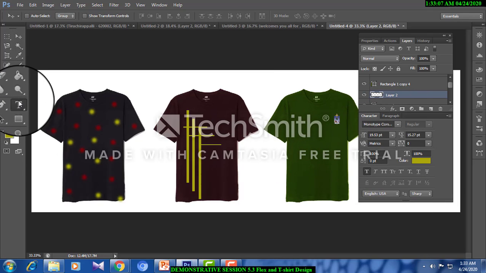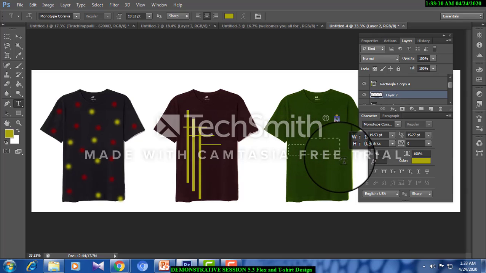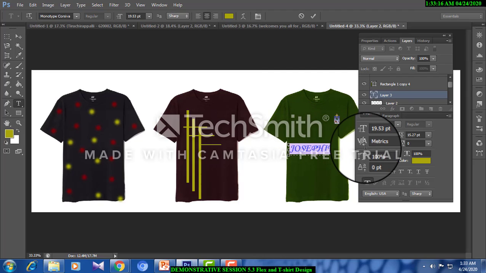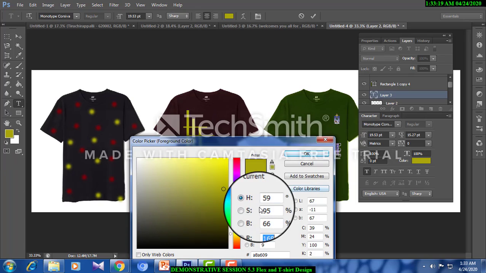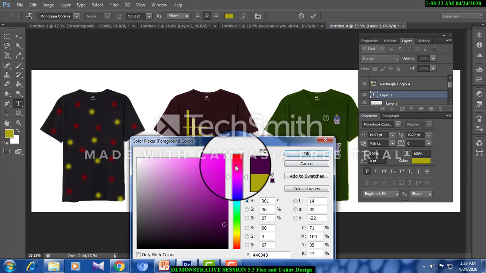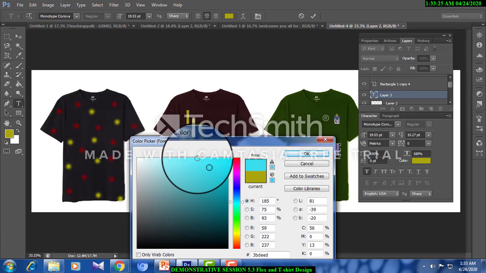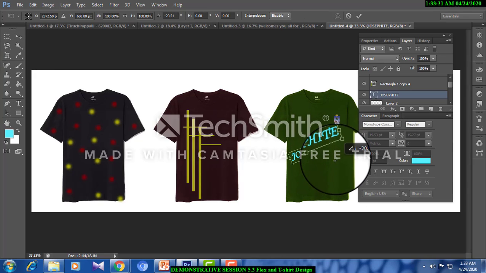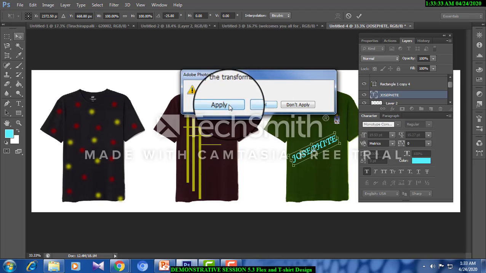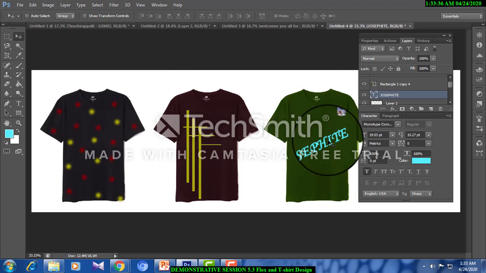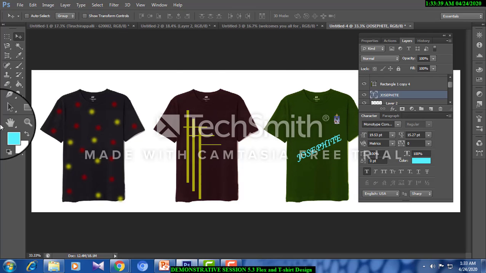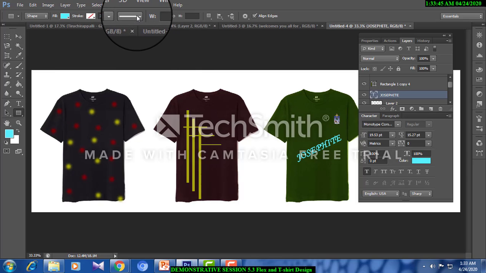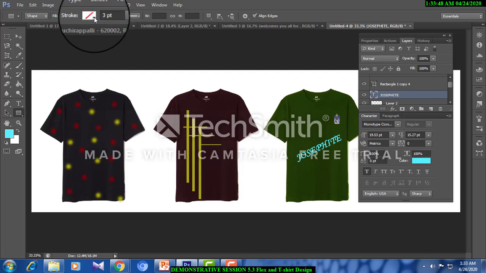Now Josephite, maybe some letters. Josephite. Choose some other color which is better. Yeah, put it, rotate it. See, this way you can bring about the model, or you go with a little more model that you want to have.